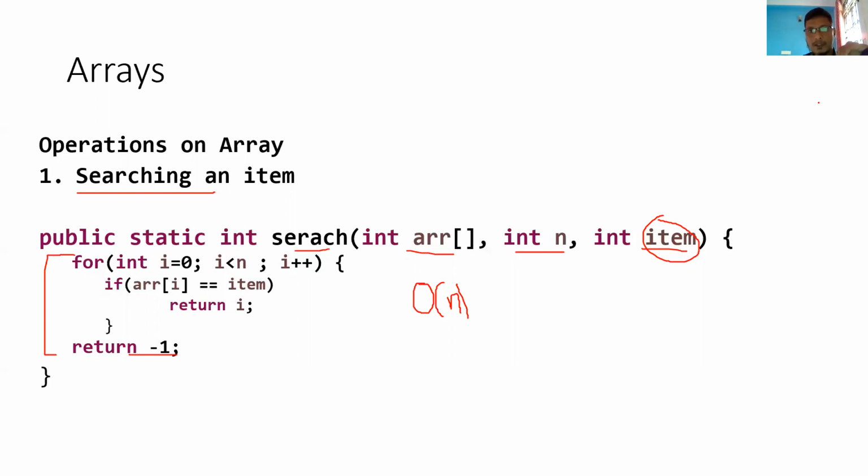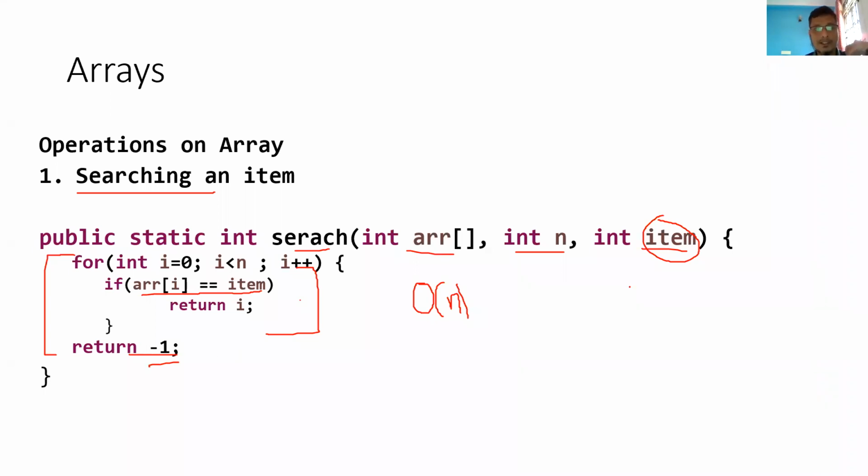Yeah, it is a big O of n, not a theta of n, because we have different scenarios here. We have a best case scenario, and we have a worst case scenario also. Best case could be that you found the item at the first location itself, right? Worst case could be that you did not get any item, so you iterated all the elements and no item was found, return -1. That is the worst case, right? Average case could be that the item exists in between.